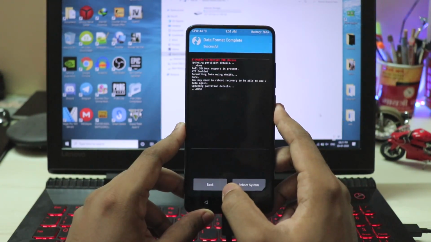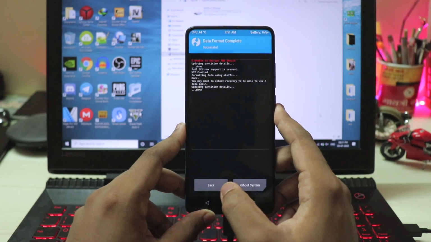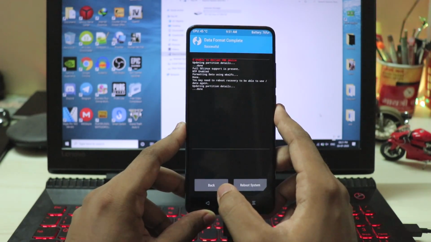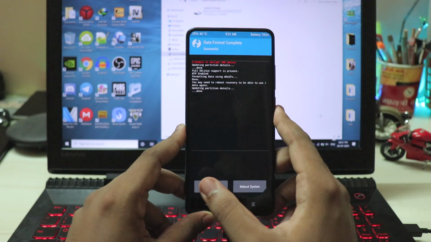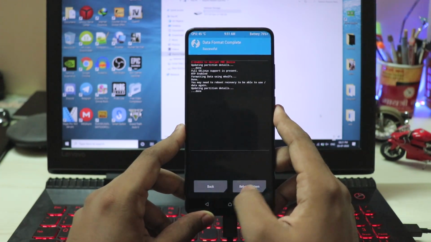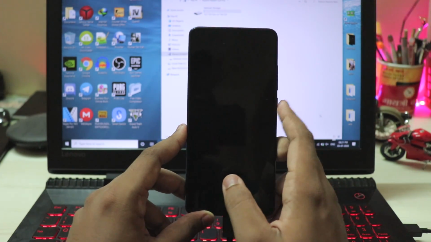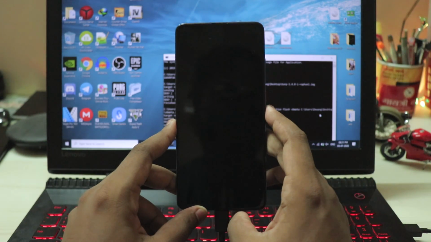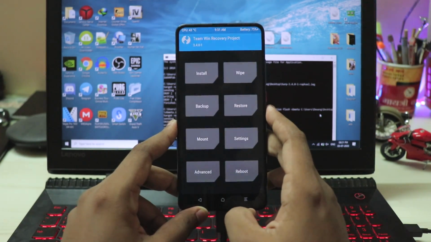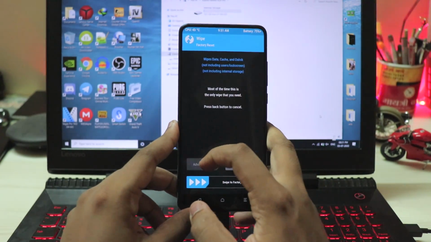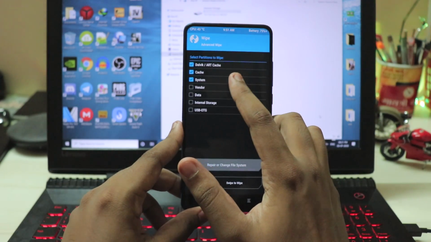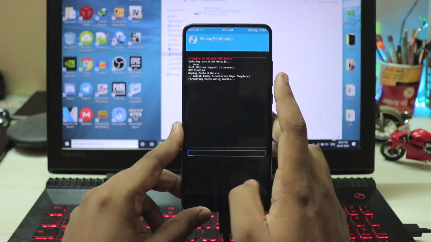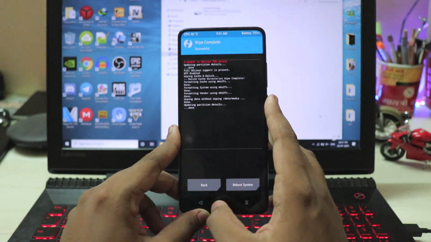And depending on your firmware, like global stable, China beta or anything, they are actually quite different. So if you are watching in any kind of region, I just recommend wiping completely. Now once that is done, you have to just reboot recovery once in order to make the internal storage active. Once that is done, just go to wipe again, advanced wipe: Dalvik, cache, system, vendor and data. So now our phone is completely clean.